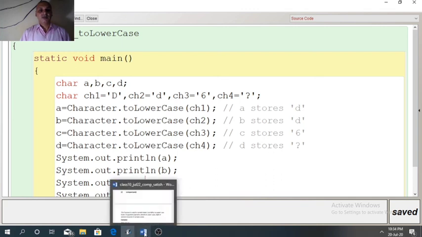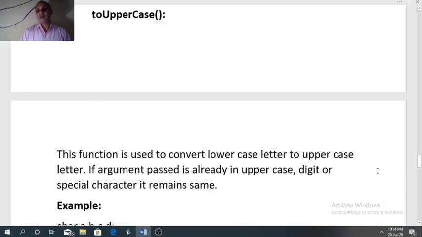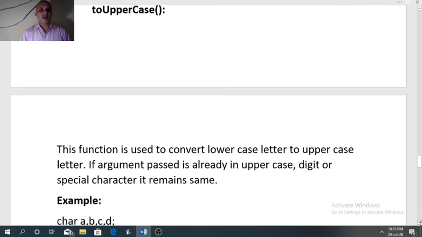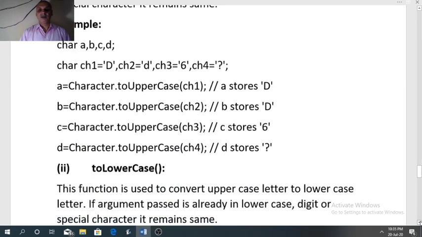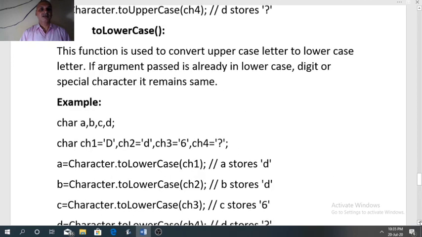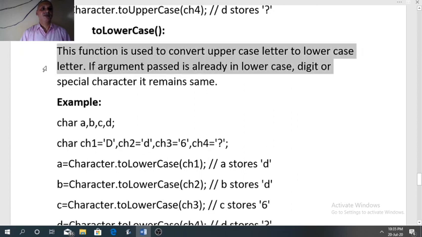Only uppercase will convert to lowercase, but if the entered argument is already in lowercase or special character or digit, so that will remain same. See once more. This function is used to convert uppercase letter to lowercase letter. If the argument passed is already in lowercase letter or digit or special character, then there will be no change. It will remain same.